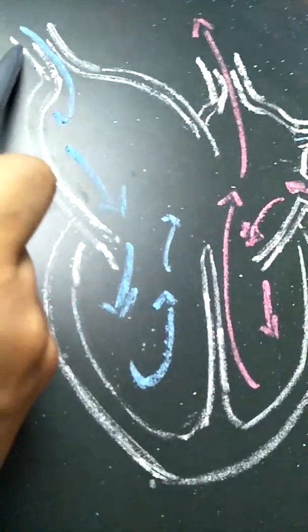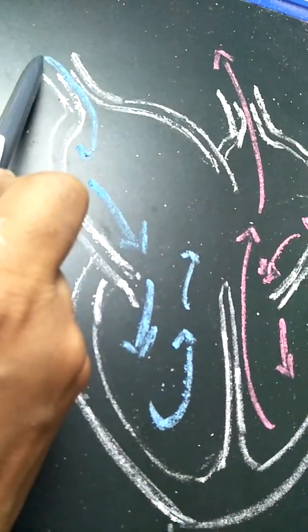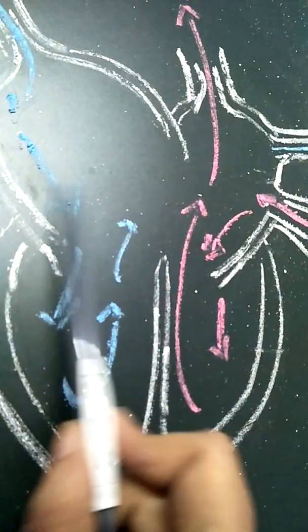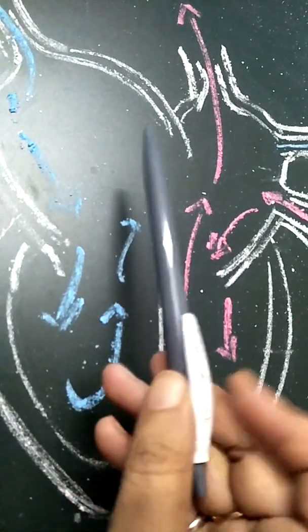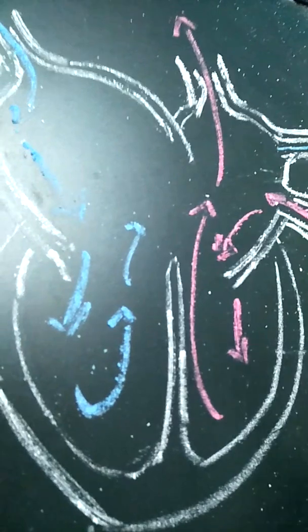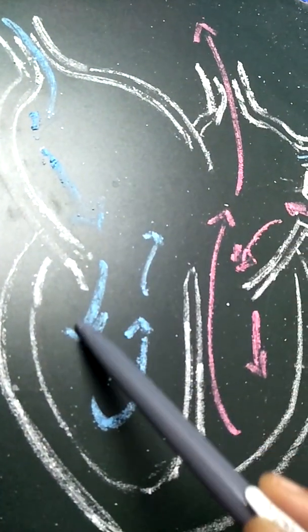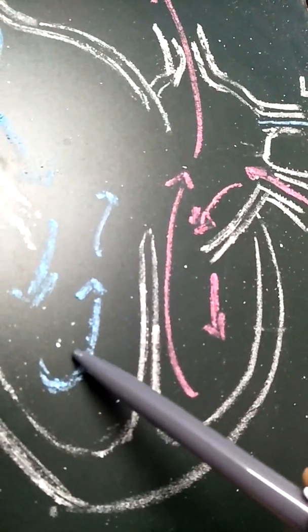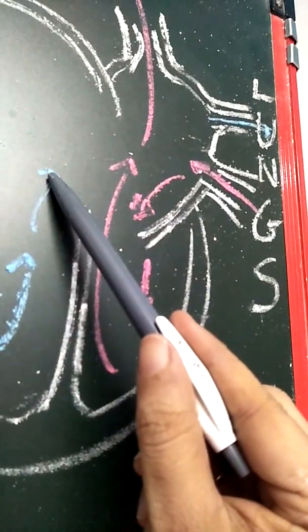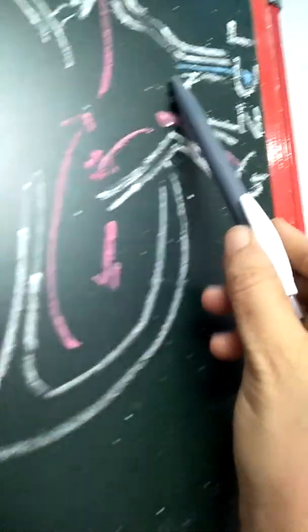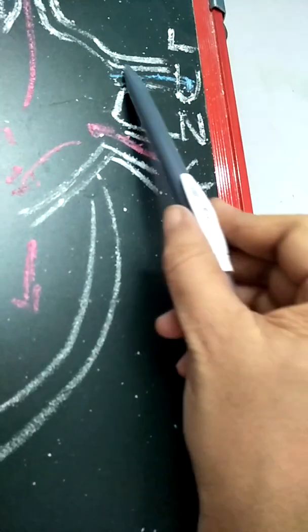Now, you can see from here the impure blood, that is the blood containing carbon dioxide, is entering the right atrium. Now this right atrium gets filled with the blood, and then it contracts. I hope everybody knows what contraction is. That is, it gets pushed like this, and from here the blood enters this right ventricle. Now from this right ventricle it goes from the back side through here into the lungs for purification.